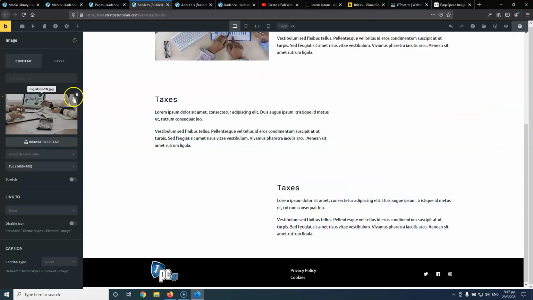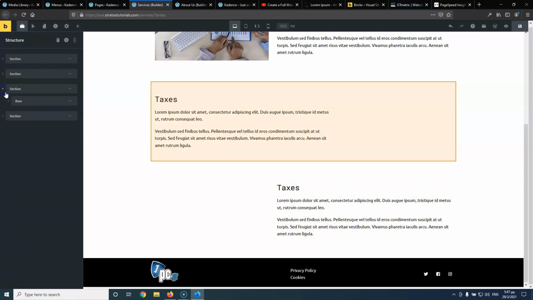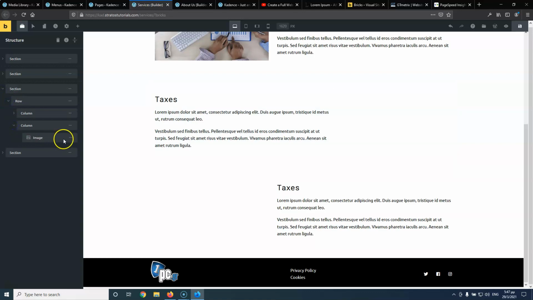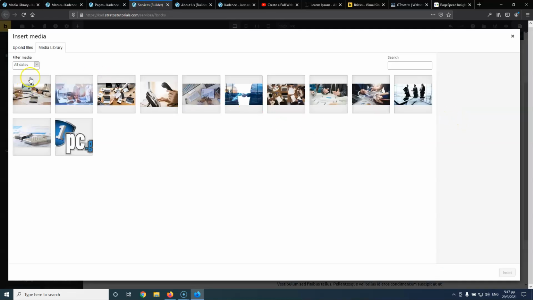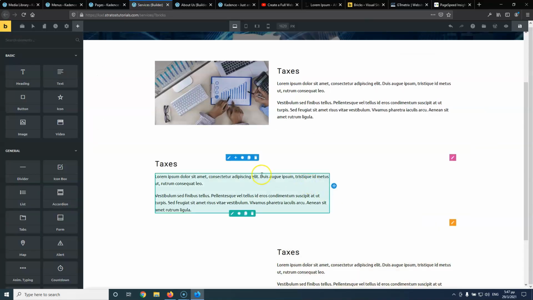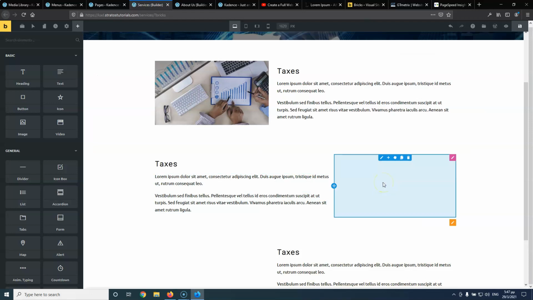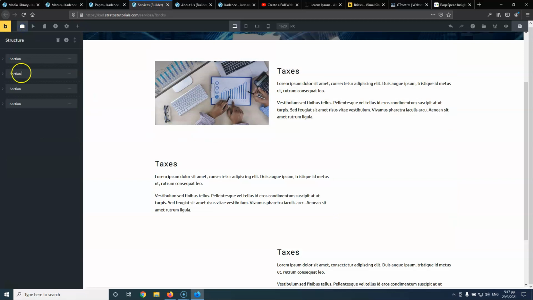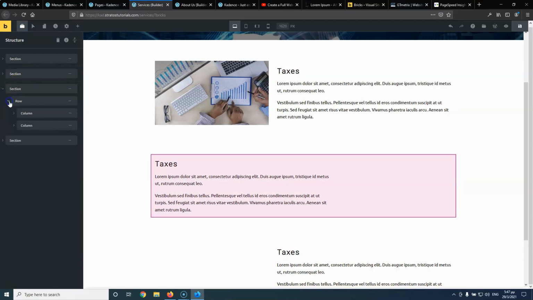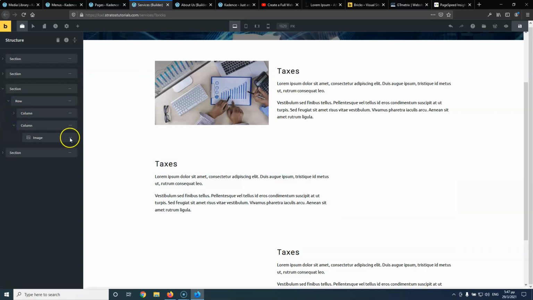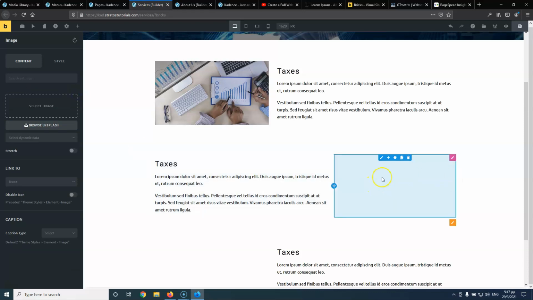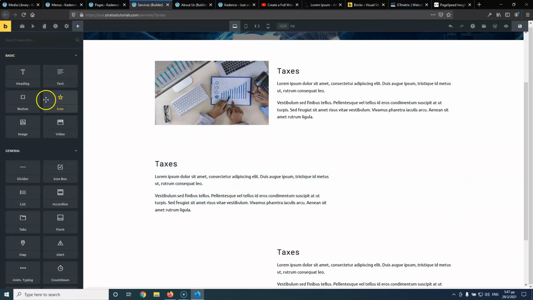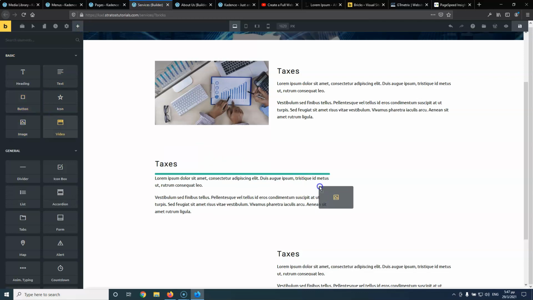So let's insert that, and now that I cannot see the image, let's go in structure, let's go into the section, let's go into the row, the second column, the image, and edit the element, and I push that twice and select that again and select insert. Probably it will bring me the element. No, it didn't. Okay, again, structure, section, row, column, image, edit. No, it doesn't want to, so let's delete that, and now I can go and add the image again. This is a bug,